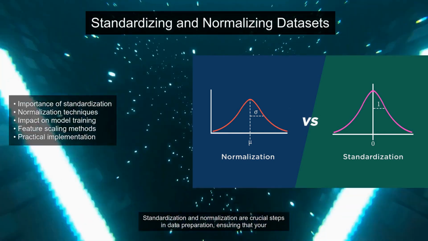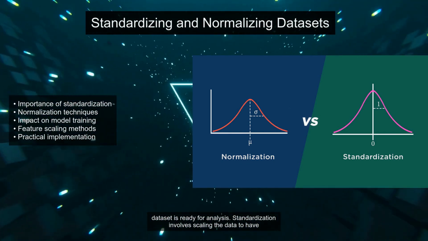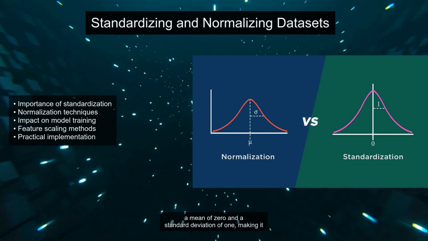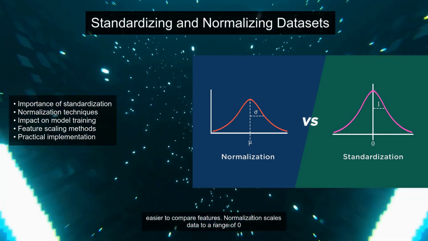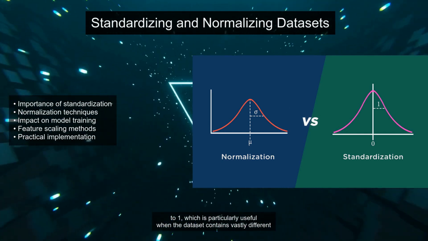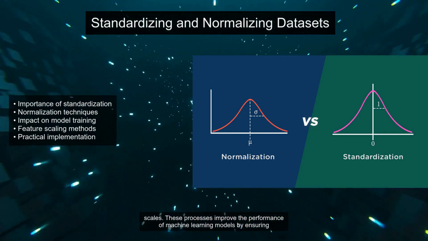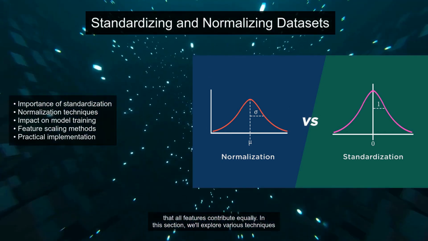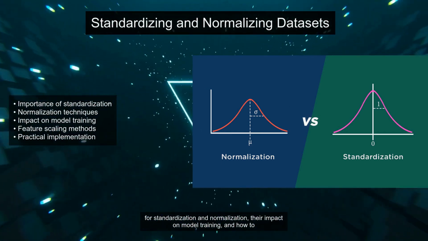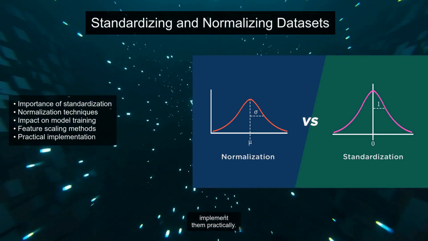example. Standardization and normalization are crucial steps in data preparation, ensuring that your dataset is ready for analysis. Standardization involves scaling the data to have a mean of 0 and a standard deviation of 1, making it easier to compare features. Normalization scales data to a range of 0 to 1, which is particularly useful when the dataset contains vastly different scales. These processes improve the performance of machine learning models by ensuring that all features contribute equally. In this section, we'll explore various techniques for standardization and normalization, their impact on model training, and how to implement